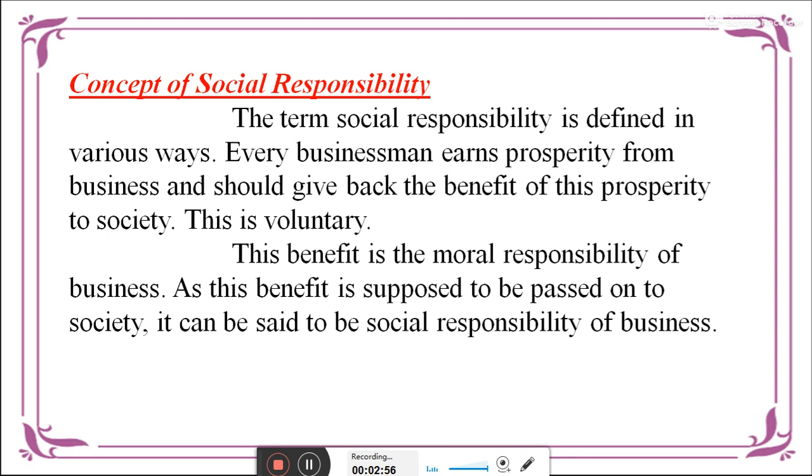Concept of social responsibilities, the term social responsibilities is defined in various ways. Every businessman earns a profit from the business and should give back some of the benefit to the society. This is voluntary. This benefit is a normal responsibility of business. As the benefit is supposed to be passed on to the society, it can be said to be a social responsibility